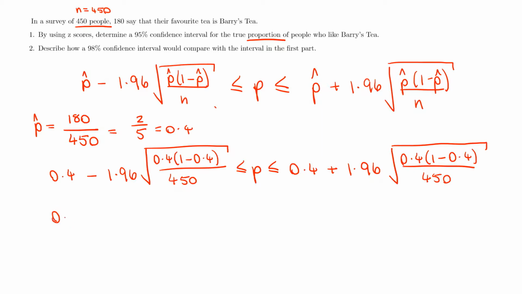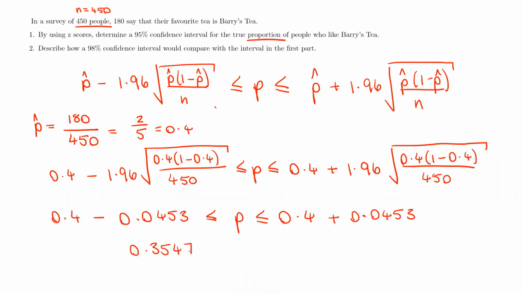So if you do that, guys, you're going to get 0.4 and you're going to get a long number, which we can approximate as 0.0453. And then we'll have less than p is less than 0.4 plus, and the exact same answer here. And if we put both sides on our calculators, then we're going to get 0.3547 is less than or equal to p is less than or equal to